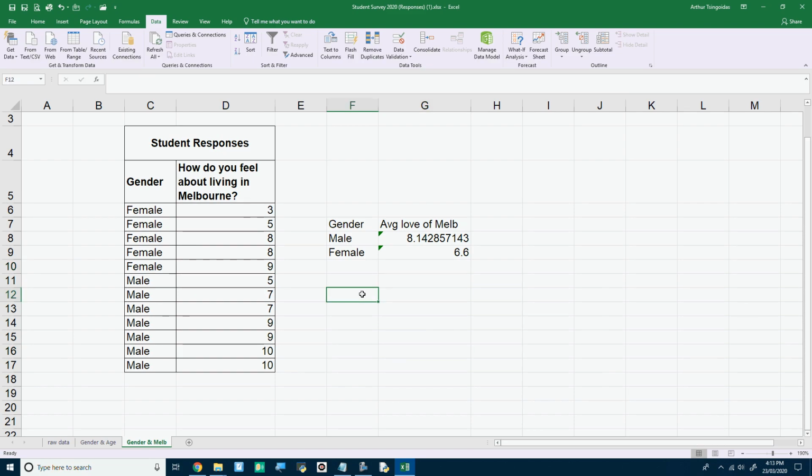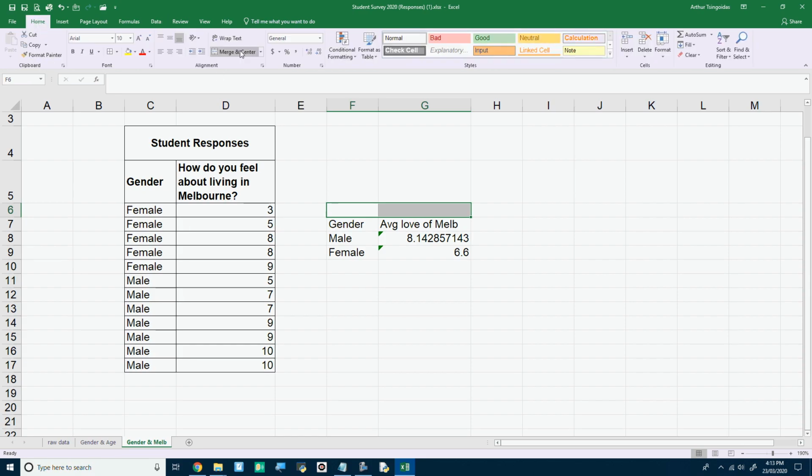I mean, you can work out the maximum and the minimum, but that'd be obvious really just by looking at it. What I've done is I've used sorting to help me solve a problem and just use a very simple function called average. And right across here, I'll go back to home, I'll merge and center,